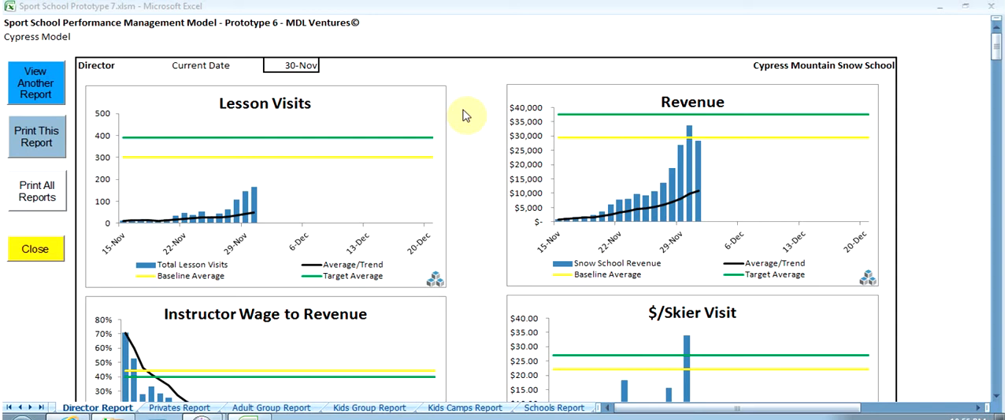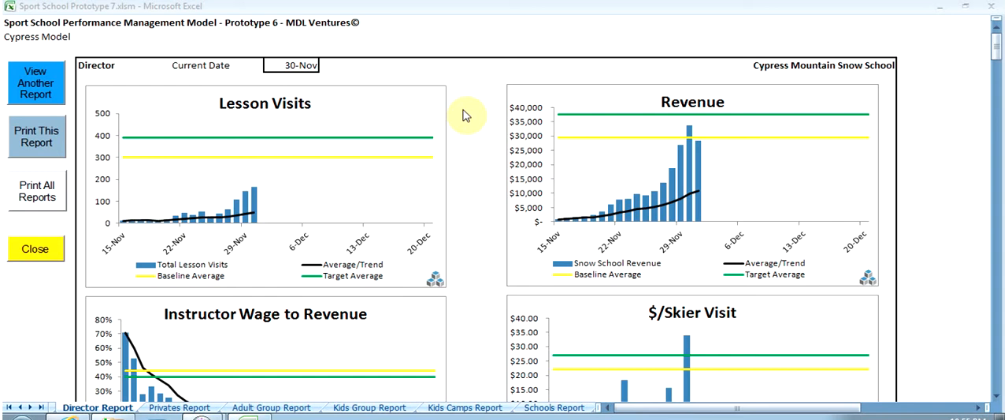Because in any business information system, the most important part about the system is the information it provides you, we will start with the reports you will receive from our application. Our system generates 4 types of reports: a director's report or manager's report, a private's program report, a group's program report, and utilization reports. The director's report is a summary of all of the data in your entire sports school